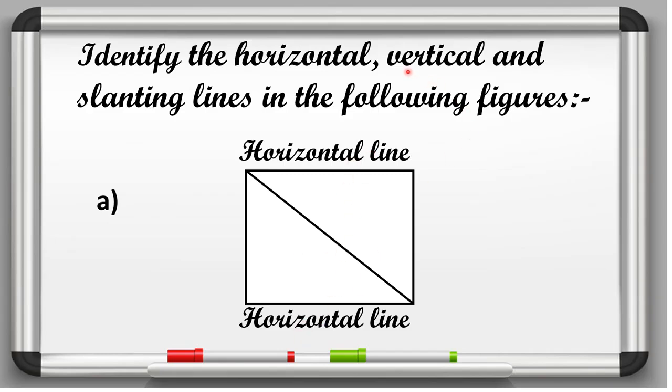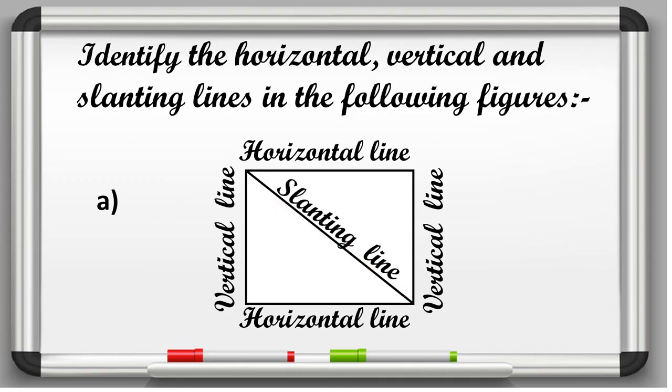Now we will see which are the vertical lines. So here you can see this is the standing line, and standing lines means vertical lines. So here we will write vertical line like this, and again there is another standing line. Okay, so here again we will write vertical line. Understood? Now we have to find out the slanting lines, and slanting line here in between is given. ये स्लोप में जो हमें लाइन दी हुई है, that is the slanting line. So here we will write slanting line. Understood beta?